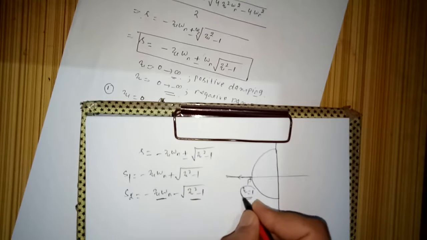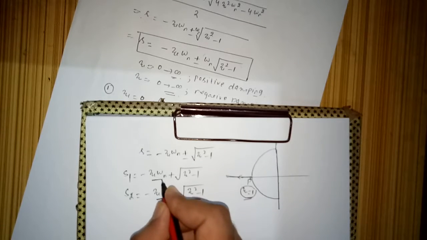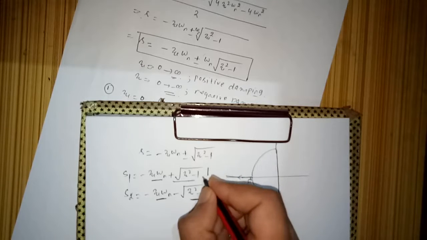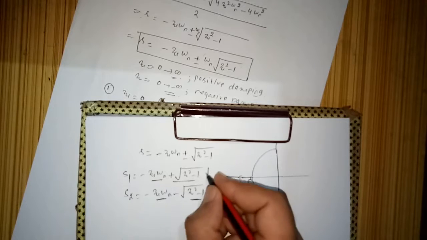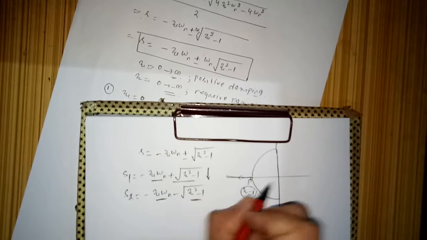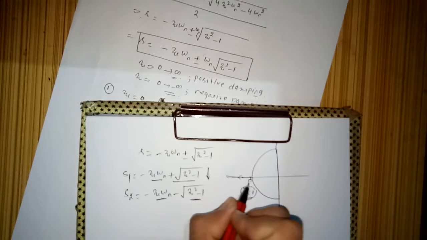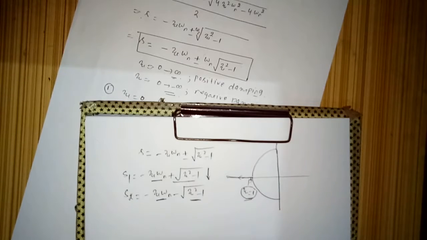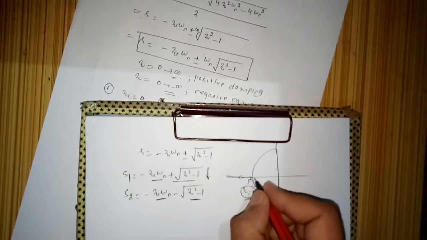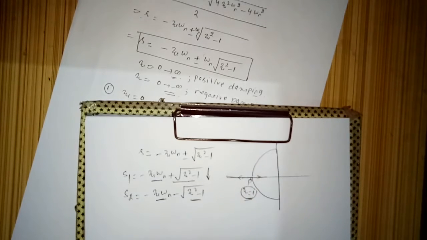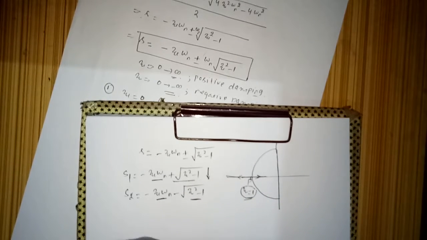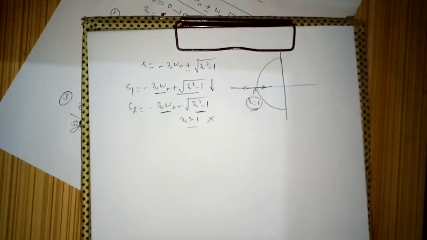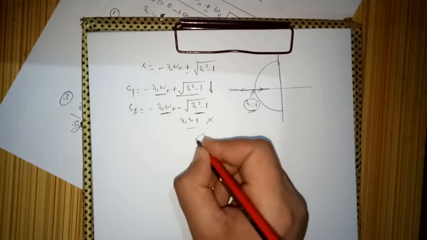But at the same time, as zeta is increasing, this part is increasing, and that will decrease this part. So overall S1 will decrease, in the sense that on this side it is actually increasing. I am just saying that magnitude wise it is decreasing in this direction. That is bad for the system, right? It is going toward instability. So generally zeta greater than 1 is not used, right? So we will use only zeta less than